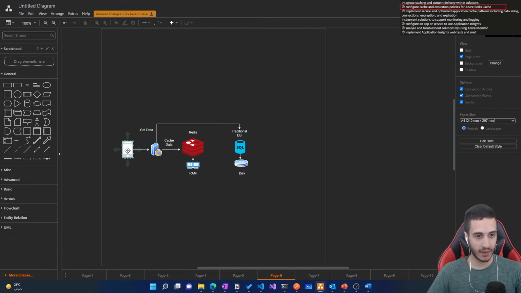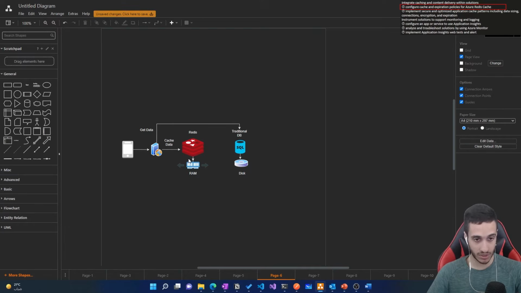And in this case, the client talks to a web server, which in turn makes a trip to the database to retrieve the data. Once it retrieves the data from the database, it caches this data on Redis cache, so that the next time the user makes the same request, the server will not go back to the database, but will instead retrieve data from the Redis cache, essentially improving performance because this data is stored in RAM, meaning that it